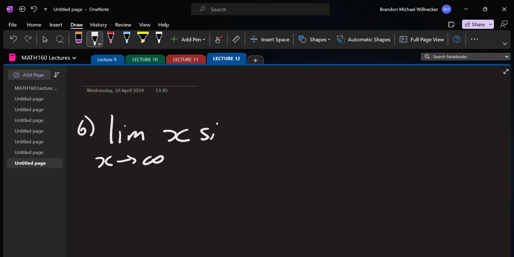Okay, last one for today. Number 6. We have the limit as x goes to infinity of x sine 1 over x. So we want to try to use L'Hopital's rule for this one. If we just see what happens when x goes to infinity, the first bit there is going to be infinity